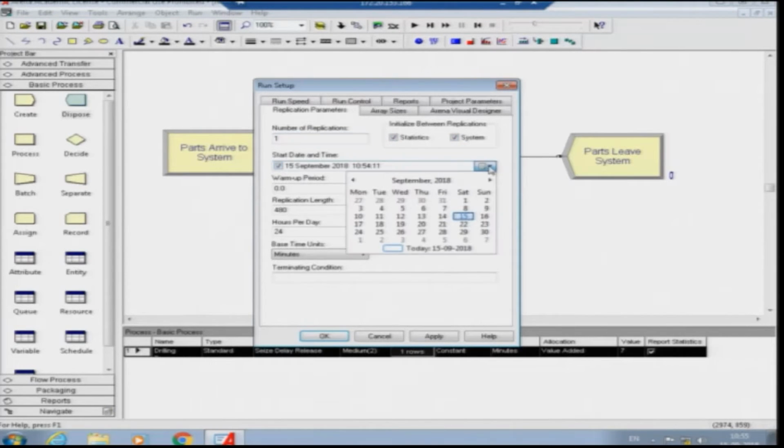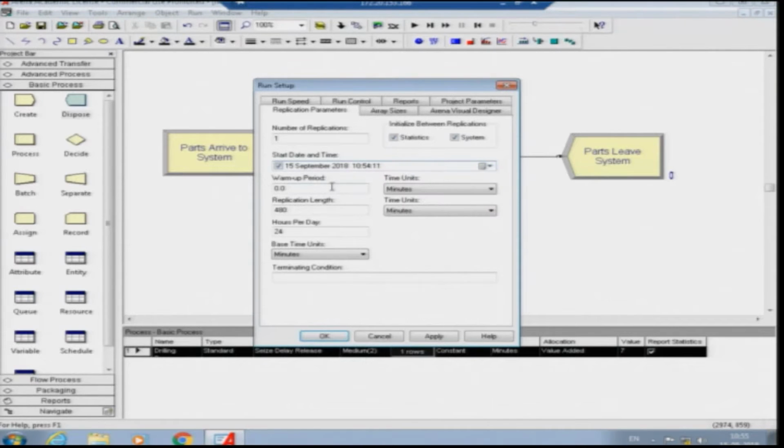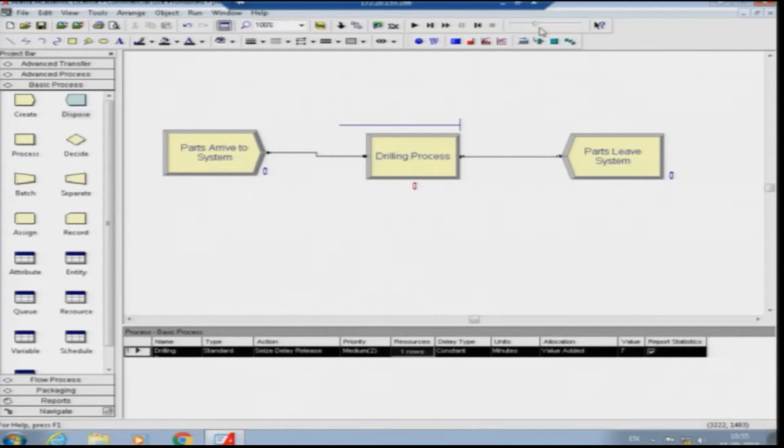The appropriate date needs to be picked from the date picker. Warm up period, leave it at 0 and change the time units to minutes. Replication length, make it an 8-hour shift, which is 480 minutes. Time unit remains in minutes. Also leave it at 24 hours per day, and keep the base time units as minutes, and hit OK. Okay. And I will also show how the simulation runs.